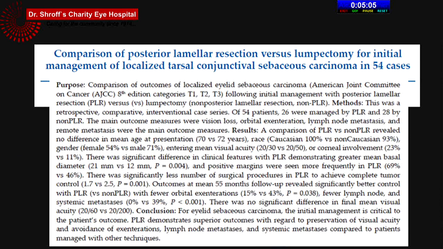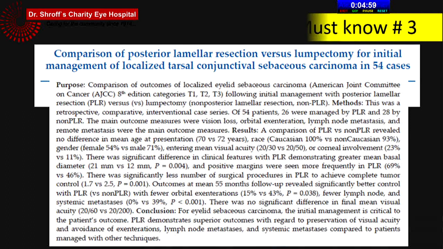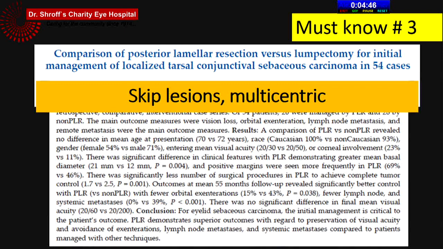The reason why it can happen could be various: because of the pagetoid involvement, because of the skip lesion, which this study from the Shields group tells us. Sebaceous gland carcinoma can actually have multifocal involvement of the tarsus. There can be skip areas. So even if your margin is negative in one, you can still have residual tumor in other areas of the tarsus. And in fact, they recommended complete tarsectomy, excision of the whole of the posterior lamina, even